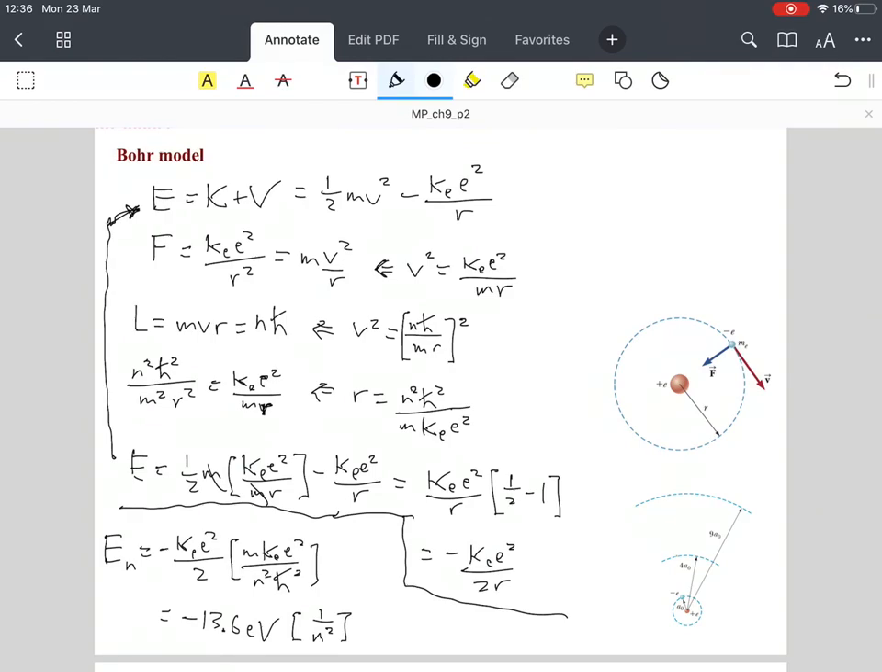So this is what we've got for our energy at a fixed value of n. And what we're going to do then is look at these